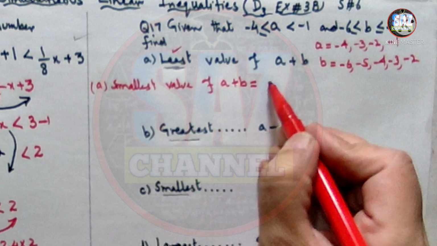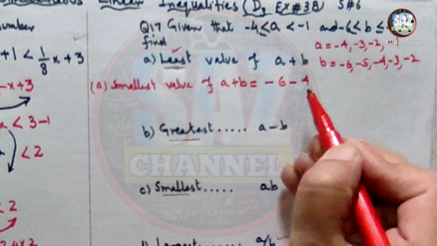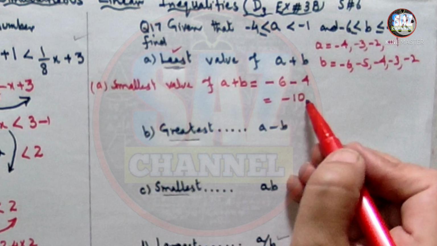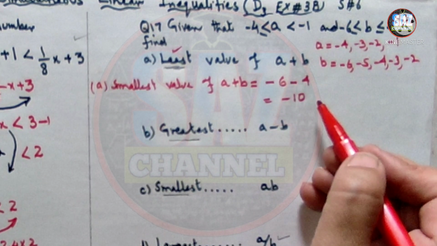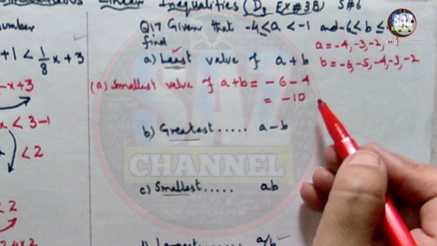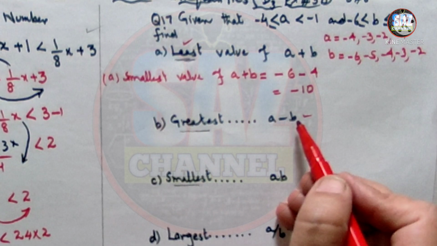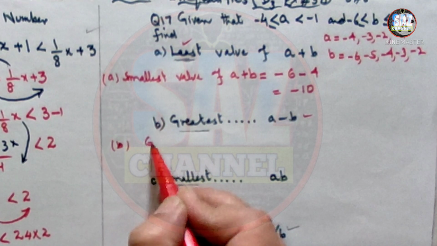If I take the choices -6 with -4, that will give me -10, and -10 is the least value for this. And then the second part of the question is that we have to find the greatest value of the difference. For this purpose, we need the greatest value